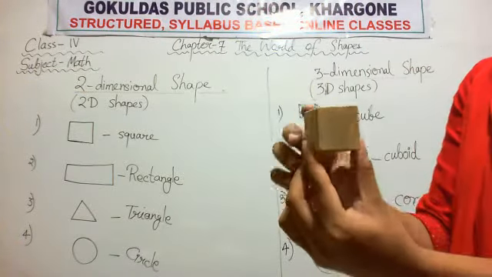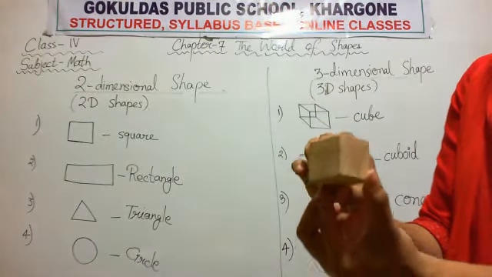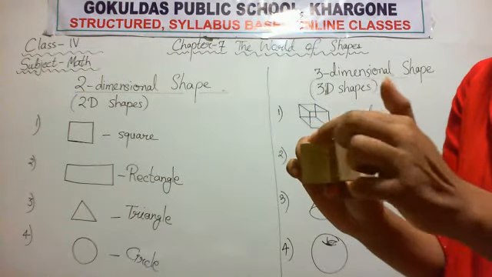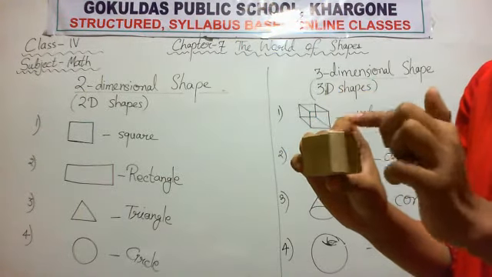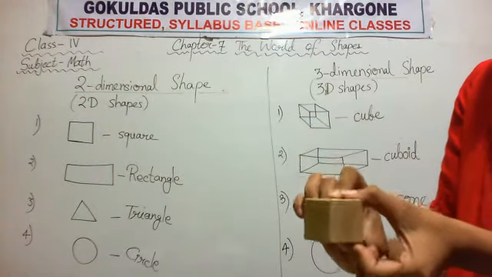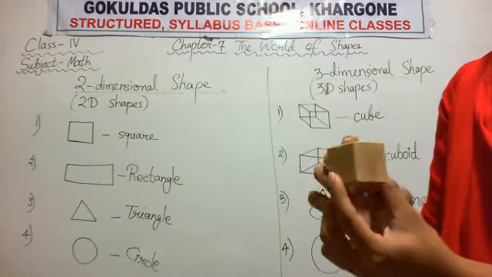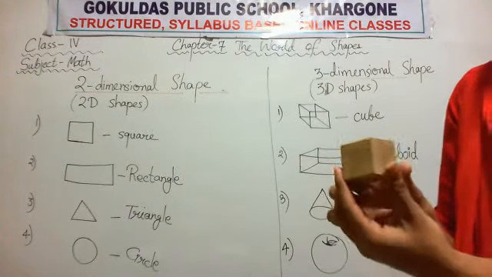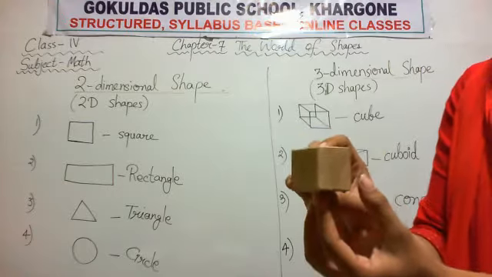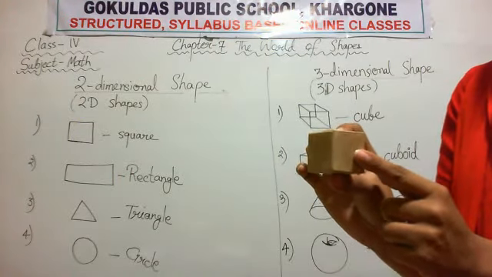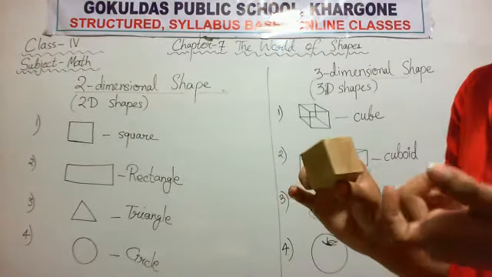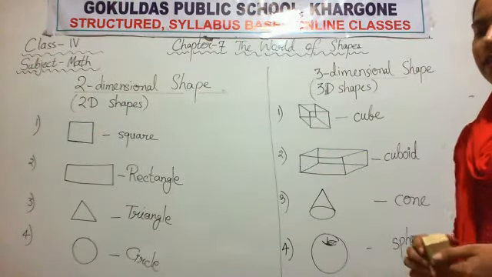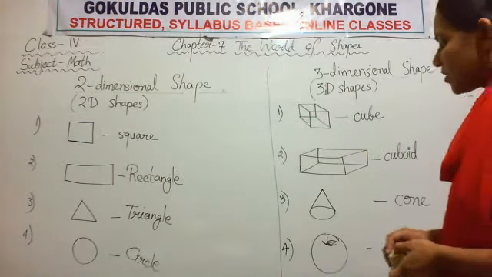This shape, it is also a solid shape or 3D shape. It has height, width and depth. It is a cube. The name of this shape is cube. Examples, you have dice. While you play Ludo, you use dice. The shape of dice is like cube. The crystal of sugar is like cube. So these were the examples of 2D and 3D shapes.